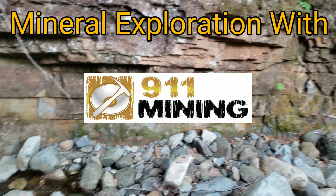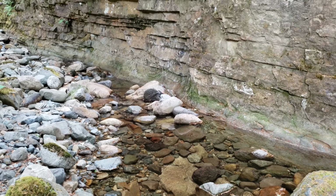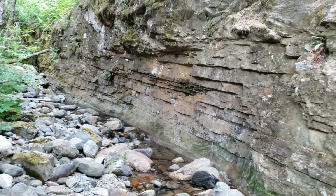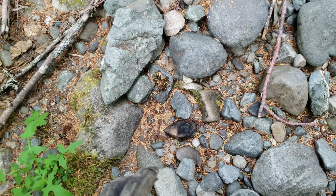Alright, so today we're exploring a side creek which is cutting through a logging road which we found decent samples on. You can see you have sandstone as your host rock. You got a little bit of conglomerate in there, and what we're finding on this creek are these black looking